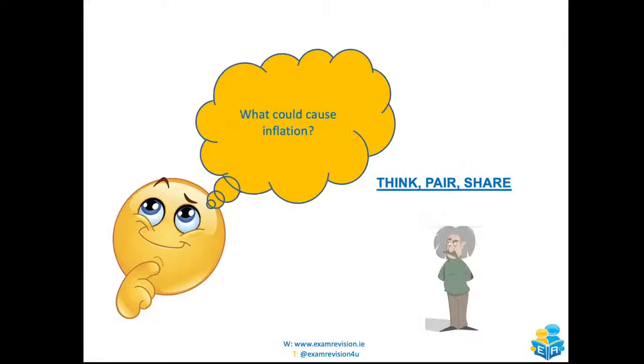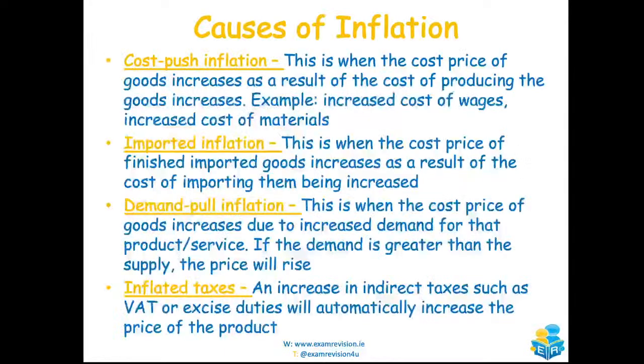So what are the different things that could cause inflation, that could cause the price of goods and services to increase? Well, we have 4 main causes of inflation here, okay? We have cost push inflation, and this is when the price of goods increases as a result of the cost of producing the goods increasing. An example is like the increased cost of wages or the increased cost of materials, okay? So for example,